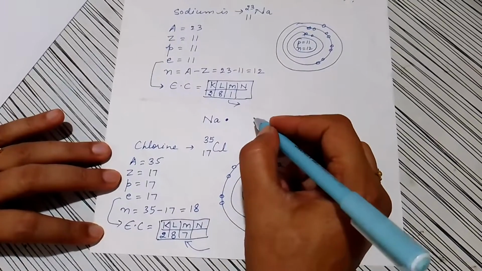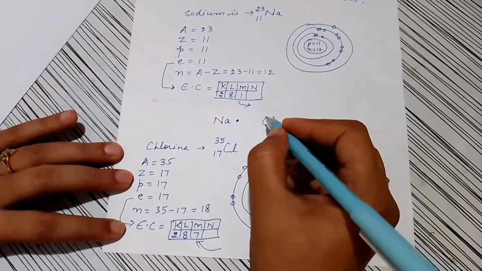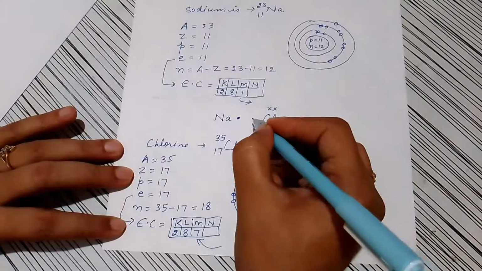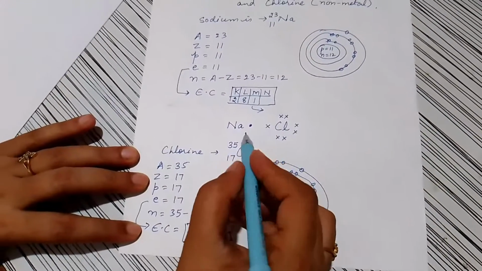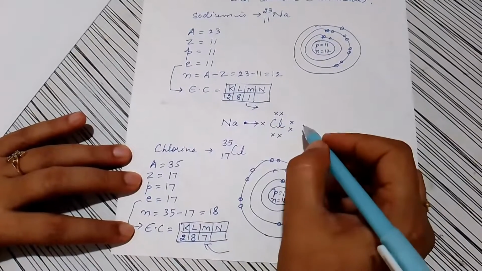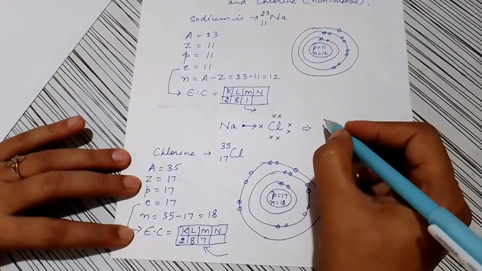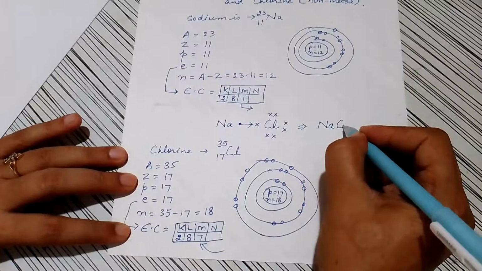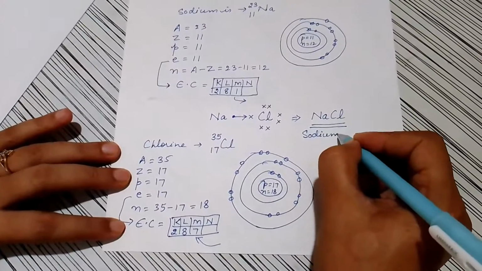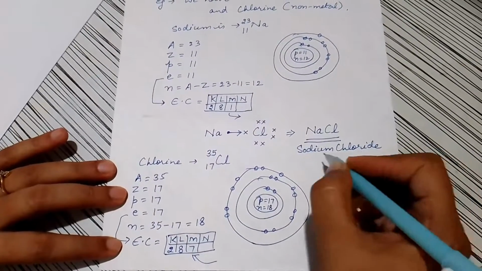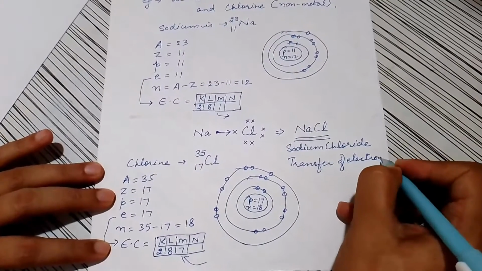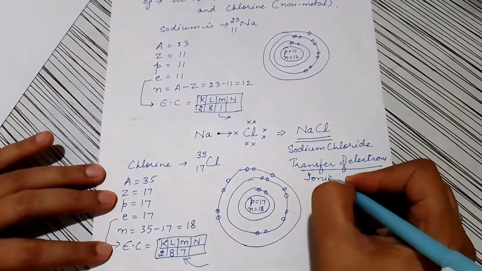So if we show the outermost orbit of chlorine, it will have 7 electrons, and you need 8 electrons here. The electron from sodium will be transferred to chlorine and it makes a bond known as an ionic bond, and then it makes NaCl, the compound sodium chloride. So sodium chloride is made by transfer of electrons, and this is called ionic bonding